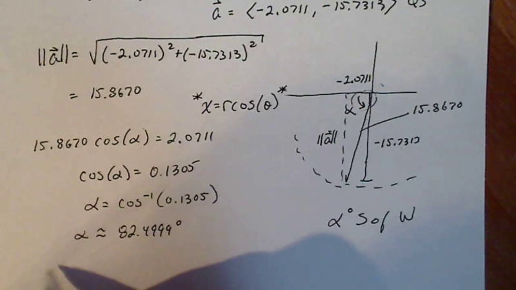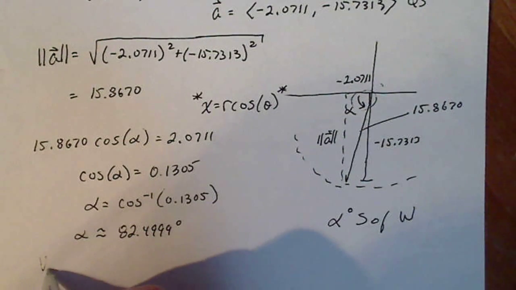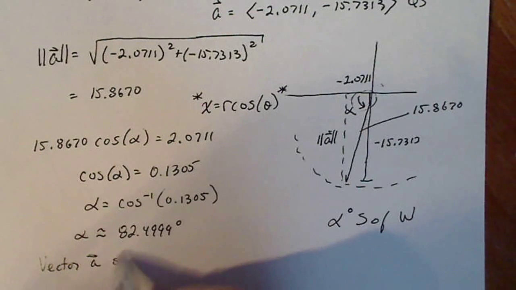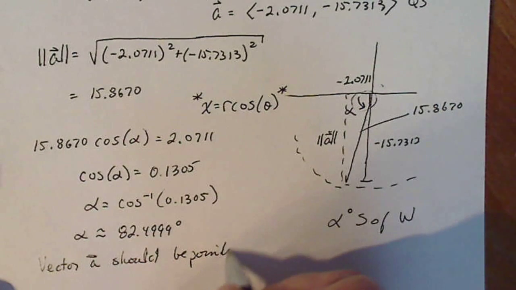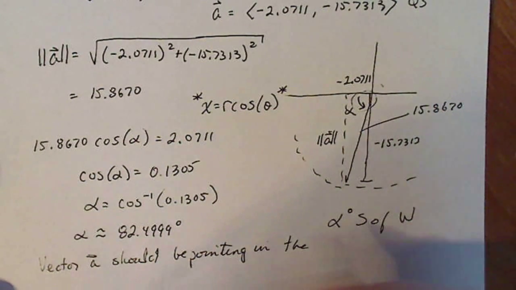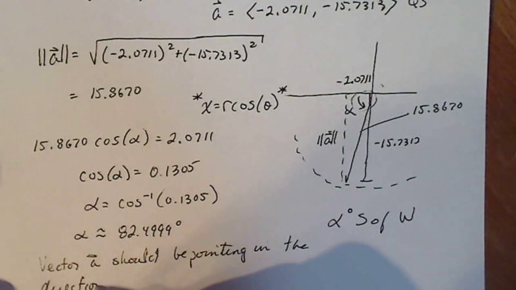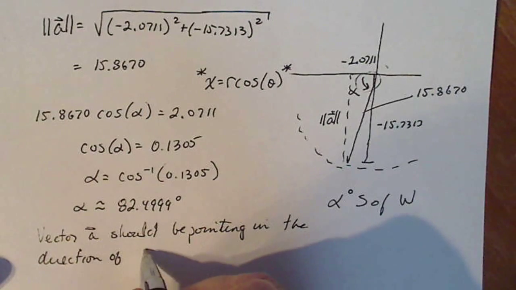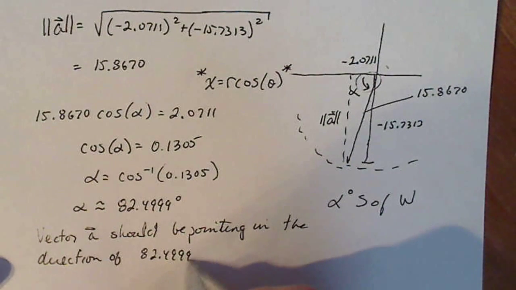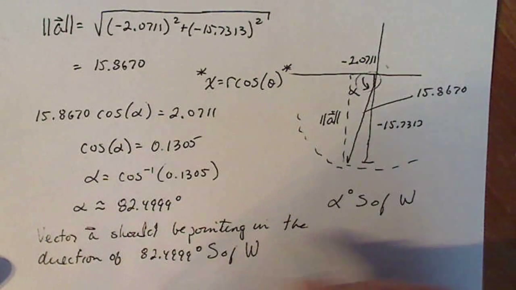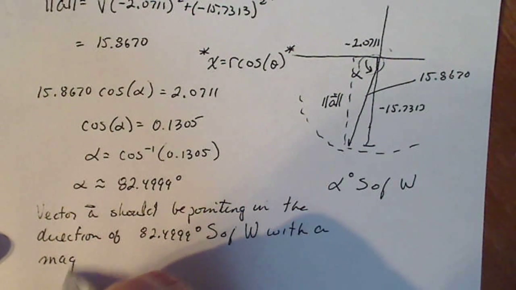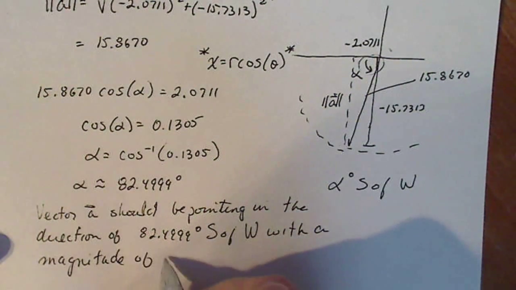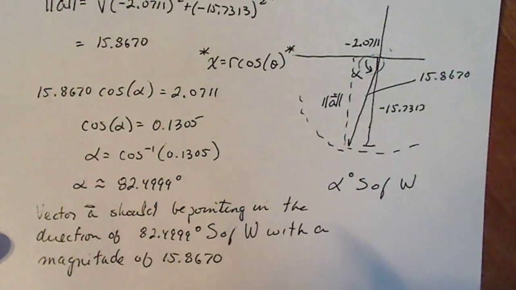Vector A should be pointing in the direction of 82.4999 degrees south of west with a magnitude of 15.8670. Now, there may be a variety of ways to do this problem, but this is the one that uses